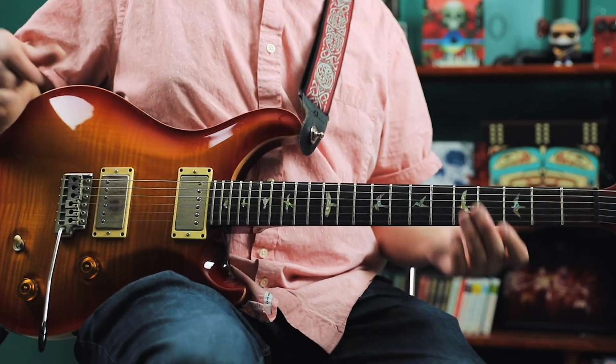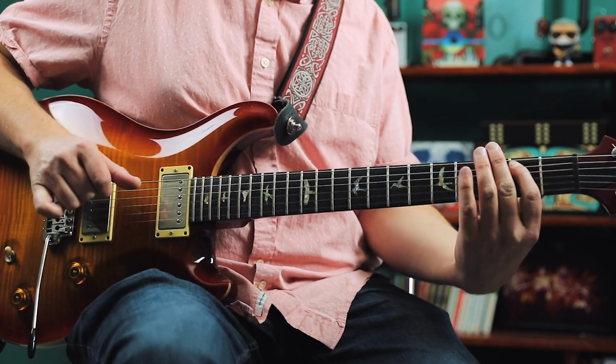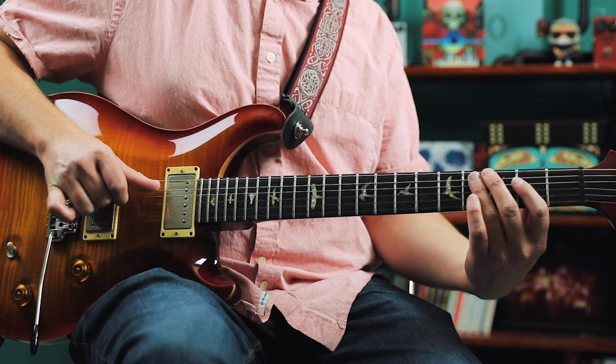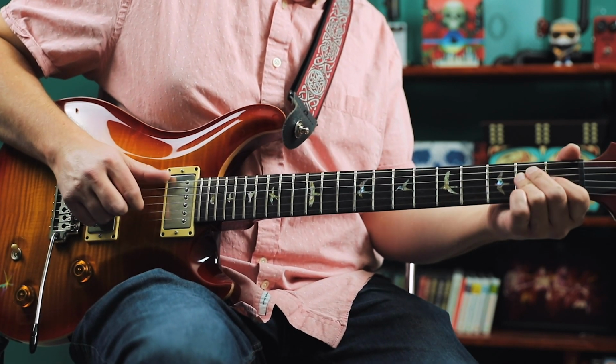Alright, so to walk up into the bridge, we're going to play the 2nd fret of the 5th string, 4th fret of the 5th string. So coming out of the E lick, we have